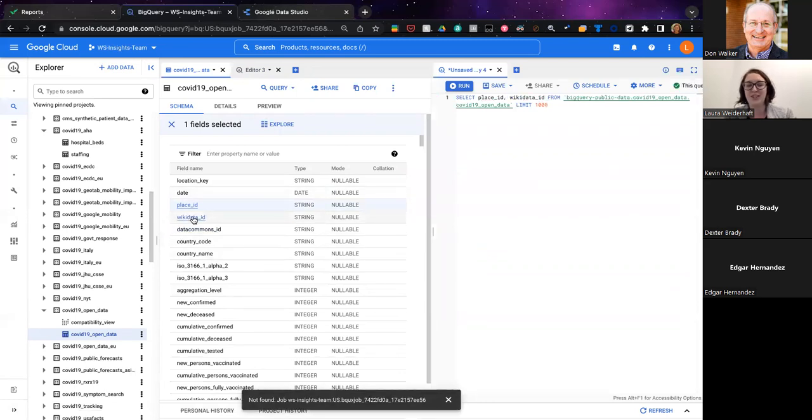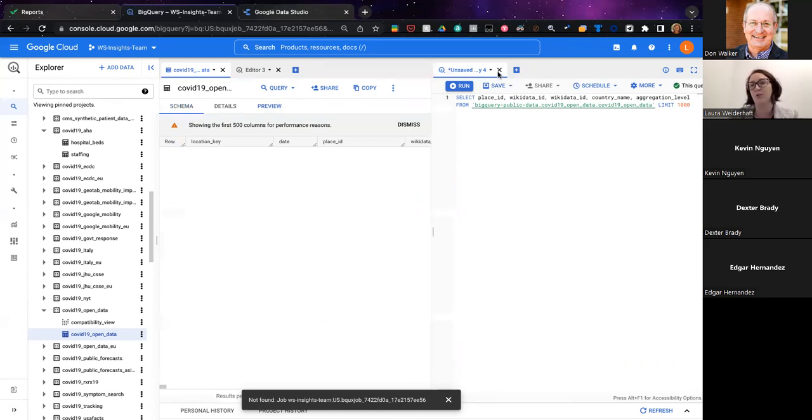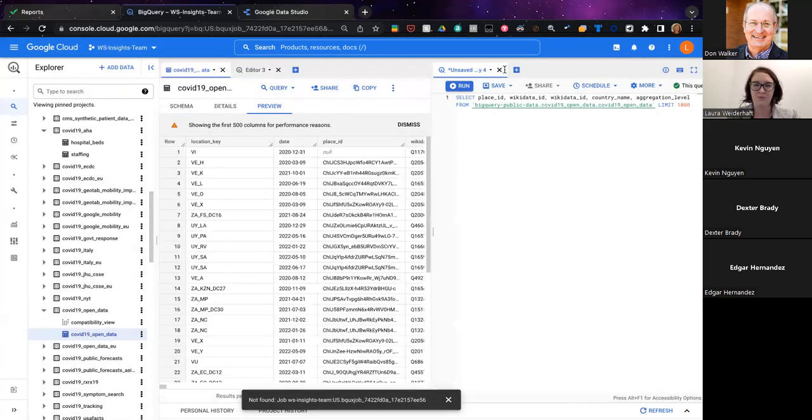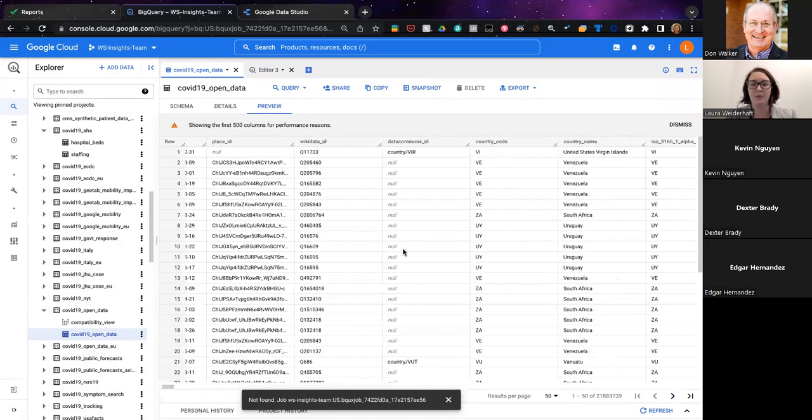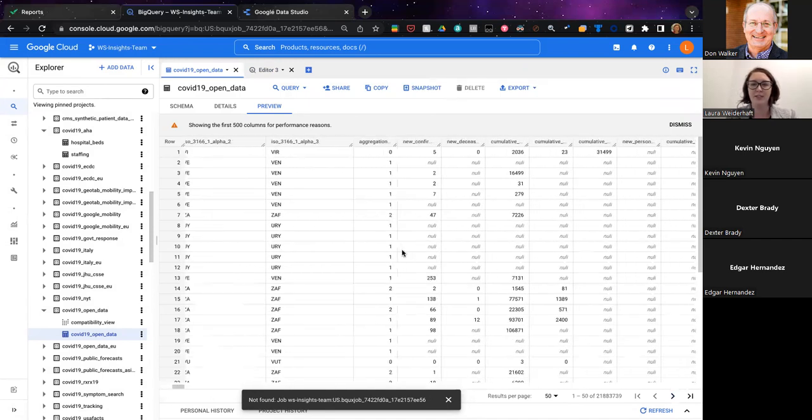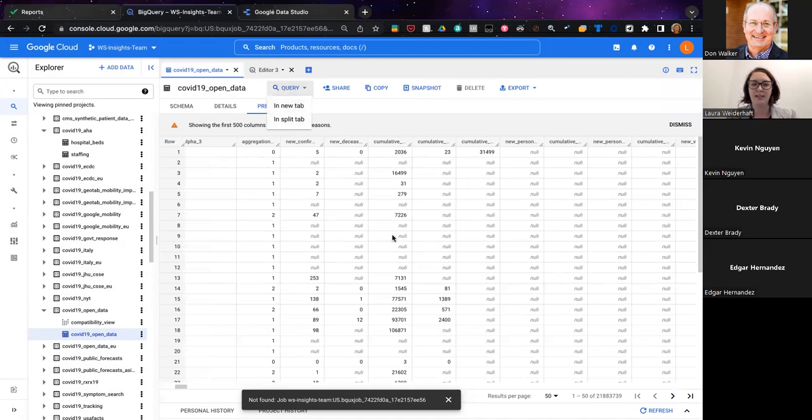It'll just start getting added to your query to kind of give you a kickstart and pull this in. So let's just preview this data, and then we can do a little exploration in Data Studio. Cool. So we're able to get a quick preview of the data if we want to take a look. I'm just going to query.